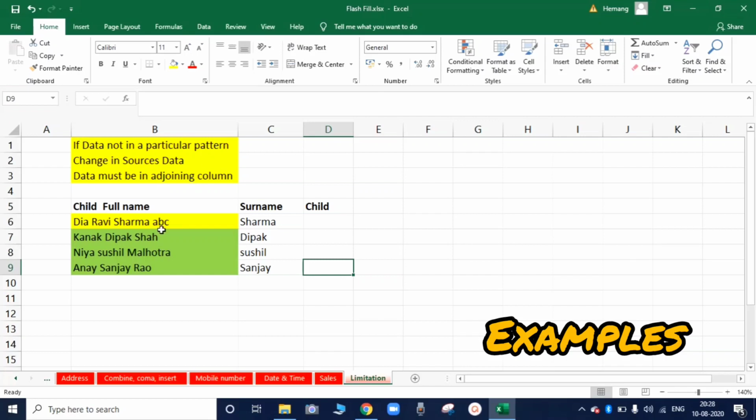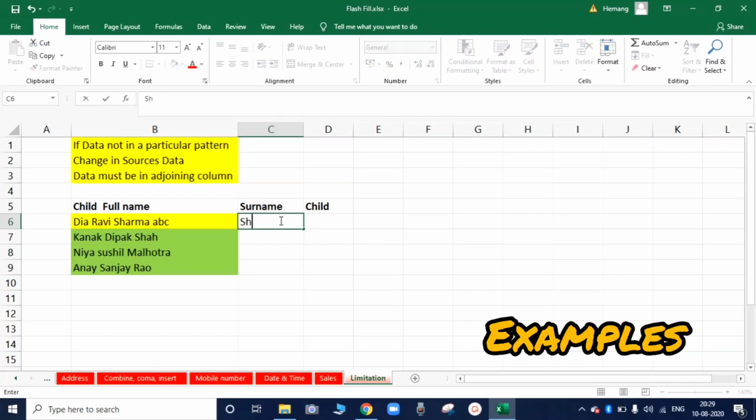If your data is not in a particular pattern, flash fill will not work. Here you can see that in the first child name I have added a fourth word and the rest of the child names are of 3 words. So if you want all the surnames of the children, we can try this. I want the surname of all the children.